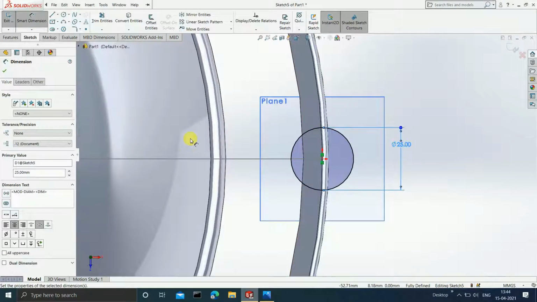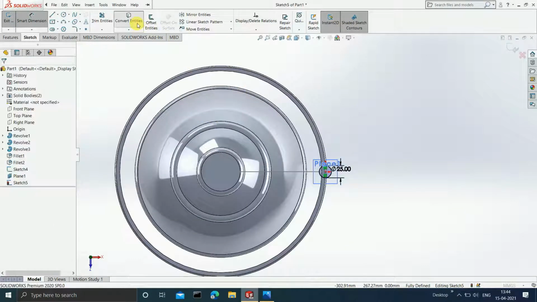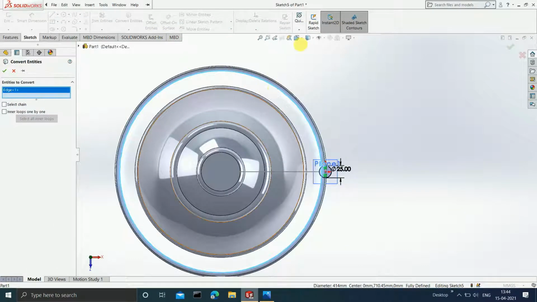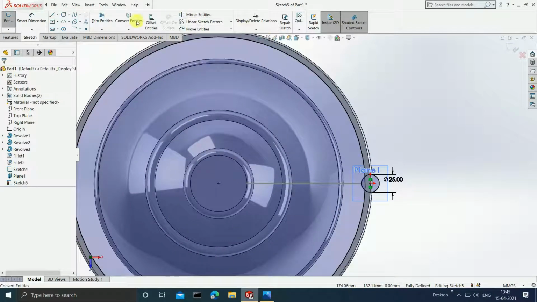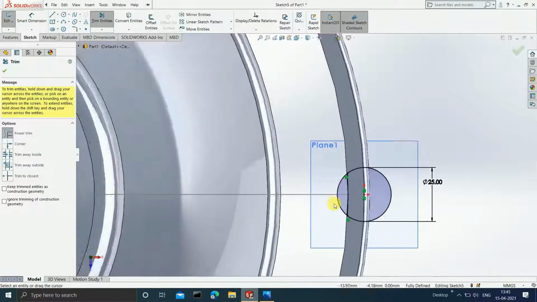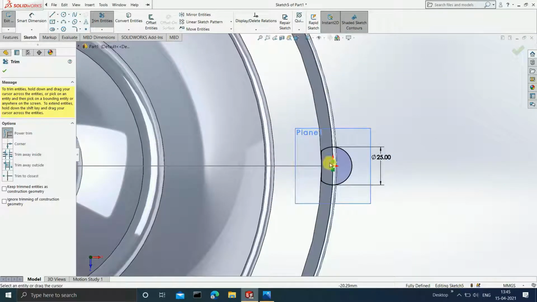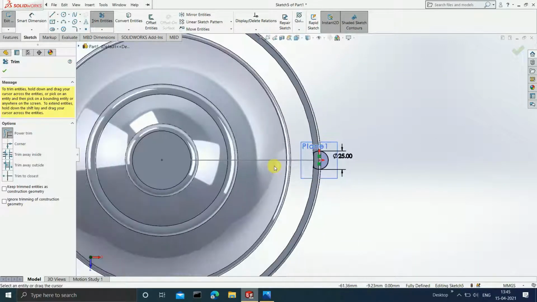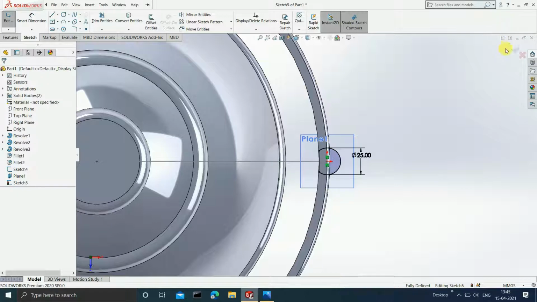Okay, now after this thing is done, you will click on convert entities and select this particular edge. Done. Now guys, click on trim entities, and just trim this part away because we want only this particular curve. Okay, done. Now as you can see, your sketch is now fully defined, therefore there is no need for you to give more dimensions to it. So click on OK, and now you can end your sketch.